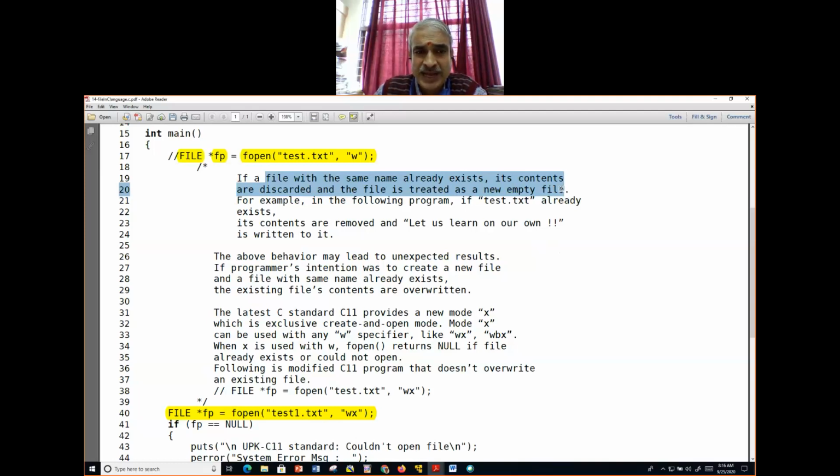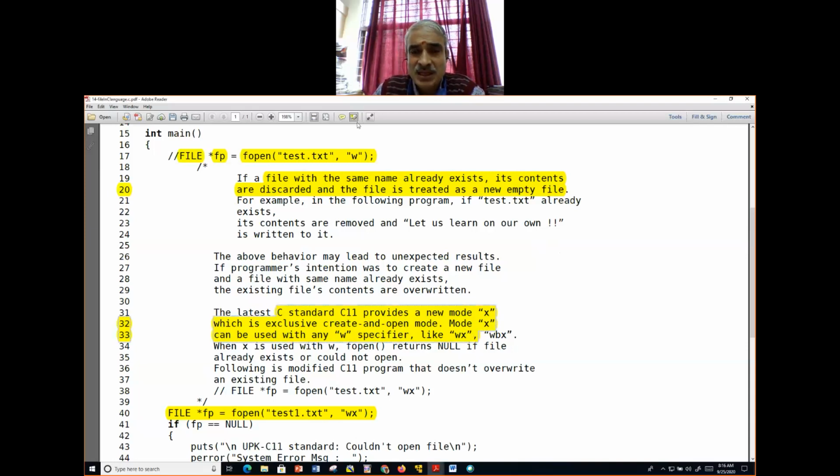Okay, now look at that. In the latest C standard, C11, there is a new mode, X, which is exclusive create and open mode. Mode X can be used with the w specifier, like wx.